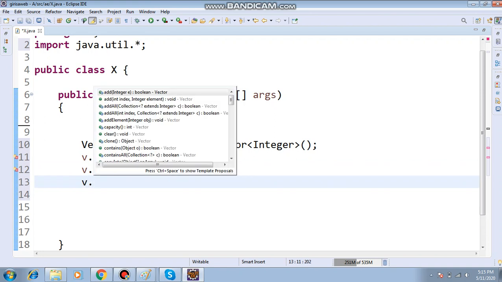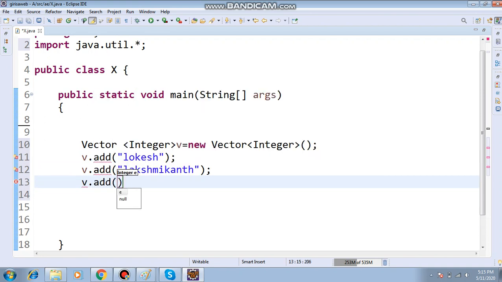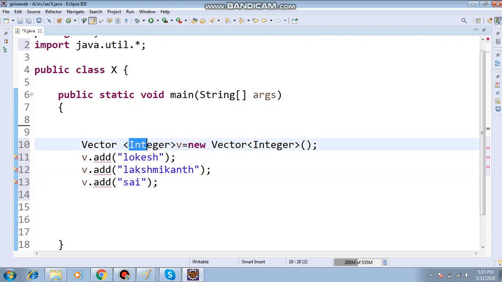Next I am giving e dot sum. Why is the error coming here? See the example. What data type did I mention here? Integer. But here I am mentioning string values. If you mention your data type as integer and you enter string values, it will not accept.